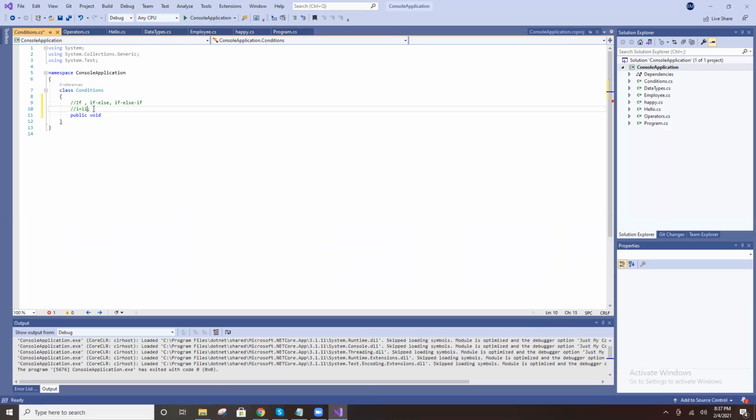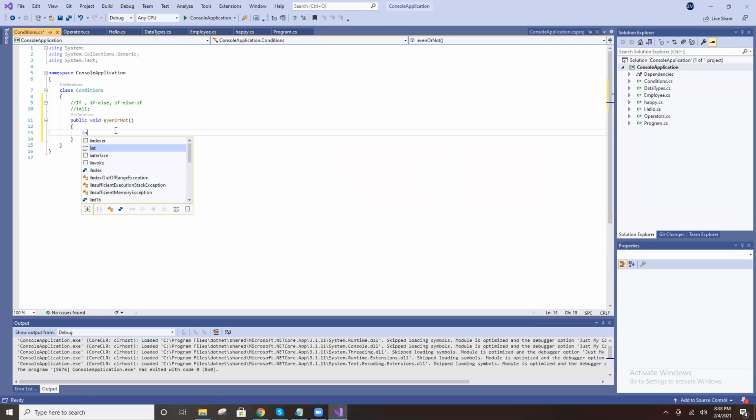11 is not an even number. So I need to print whether this number is even or not. That is our requirement. I write one method: int I equal to 10.